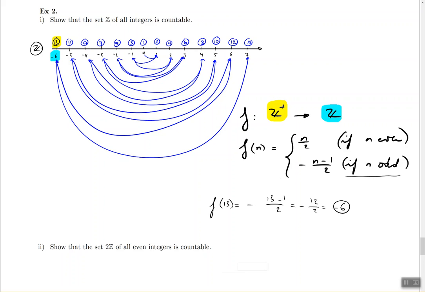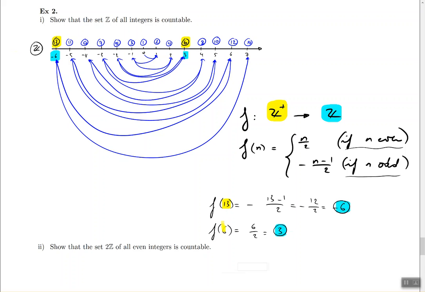What about if I had, for instance, 6 as the number? What would come out? It should come out with a 3 at the end. So let's try it out. F of 6, how much is that? Well, 6 is even, so I'm supposed to use the first definition. When 6 is even, I do 6 divided by 2, and then that gives me 3. And 3 is the number that I found on the bottom. So it's the output, basically. So -6 was the output, just like earlier.